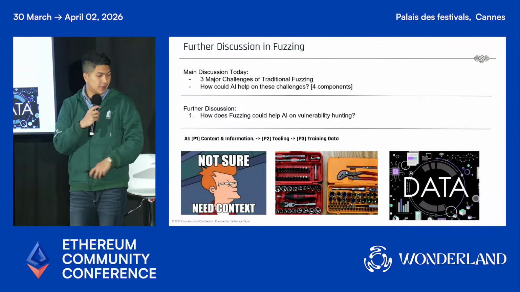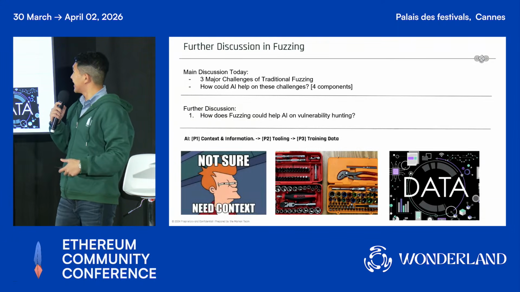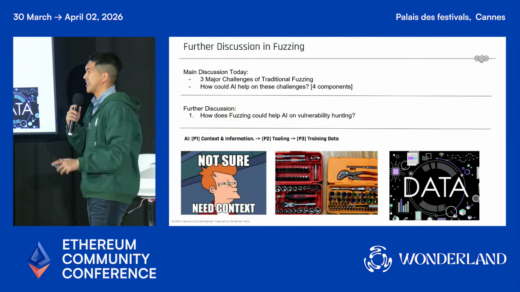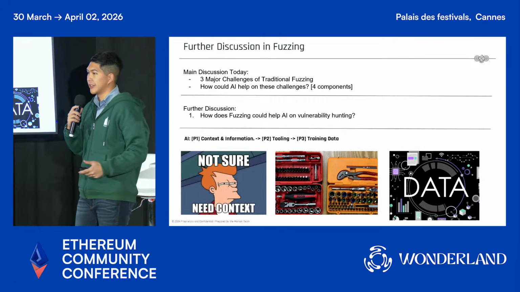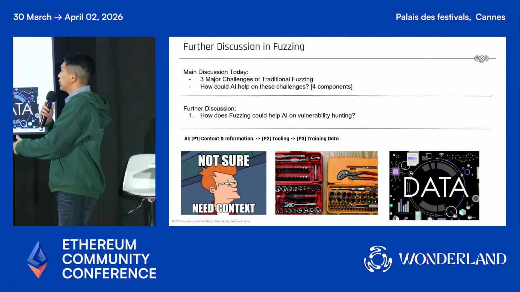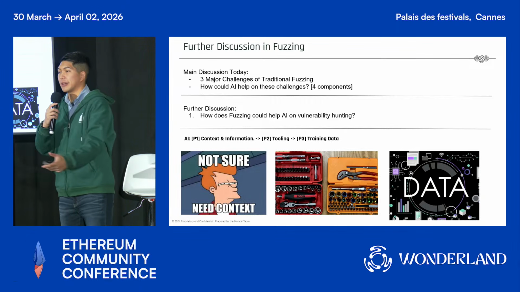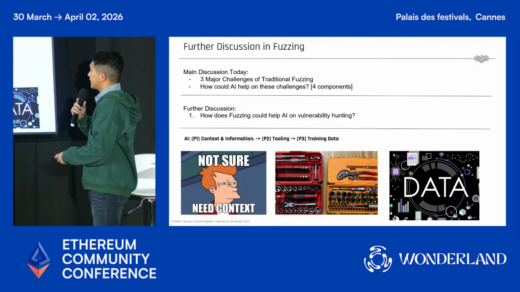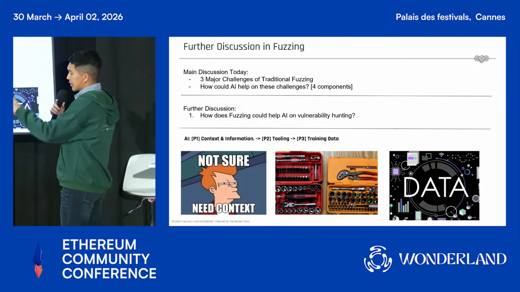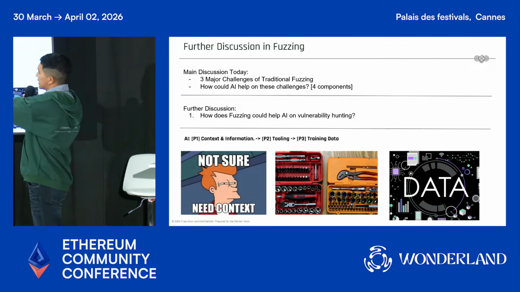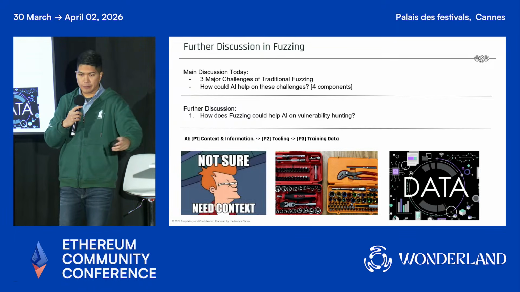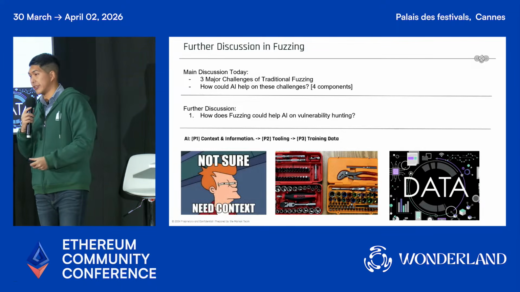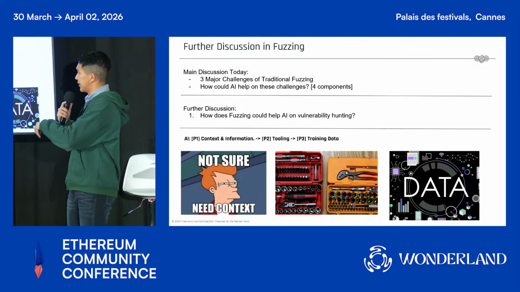I think the time is quite good, and so basically I will slow down a little bit. In today's discussion, I talked about the challenges of the fuzzer and how AI can help, and about the different components where it can help. The major thing I want to quickly share is how the fuzzer can help AI. We were talking about how AI is really evolving for security, but how do we use the fuzzer to help the AI?